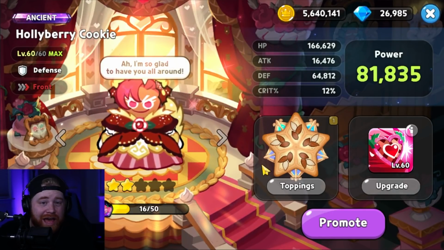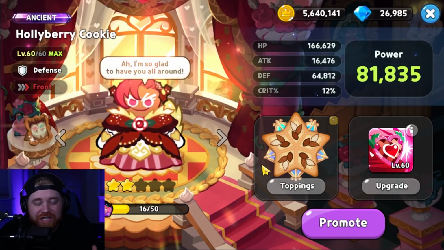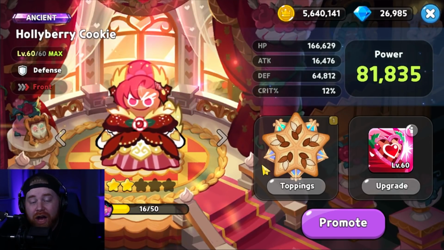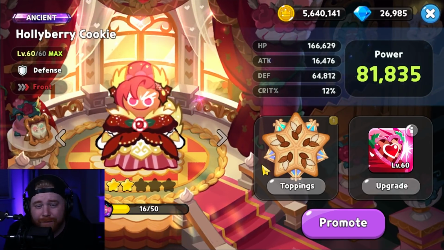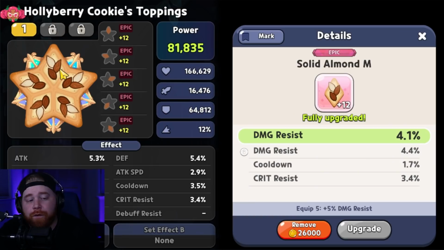Holly Berry's a frontline tank, right? And because she's a frontline tank, we want her to soak up as much damage as she possibly can, thus preventing our other cookies from taking damage. In doing so, the best set to run on somebody like that is going to be a full solid almond